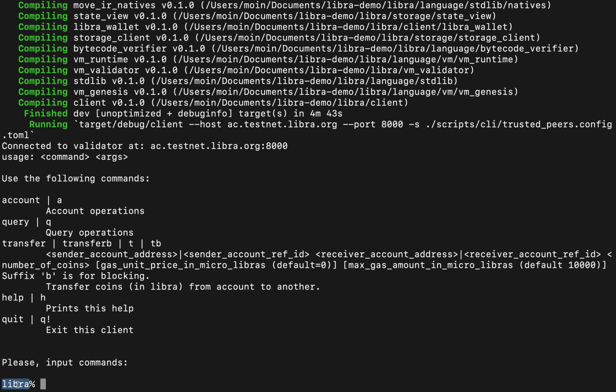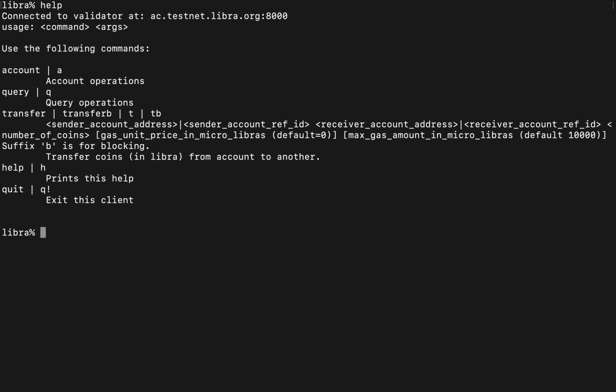If you get this particular prompt here, the Libra prompt, it means that we are inside the shell, which means that we are good. Let me clean up this one. If I type help, we'll get all the commands that we can run. At this point in time we have three major commands that we can use. Account is to create accounts and list the total number of accounts. Query is for querying the blockchain. Transfer lets you transfer from one account to another account. And then help,